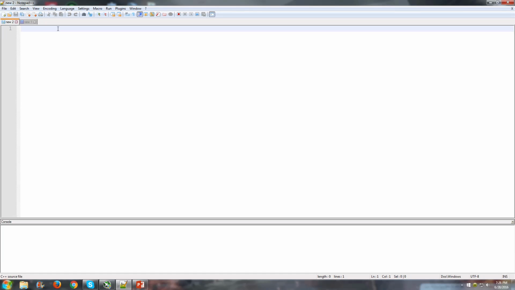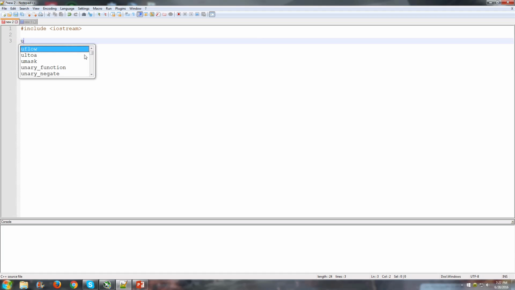I've got this new .cpp file here, and I will name it later, but let's just get started. So our first line here, include iostream. And since this is an actual program, we're going to be doing a program for real, we are going to not import the entire namespace library. We're just going to do using